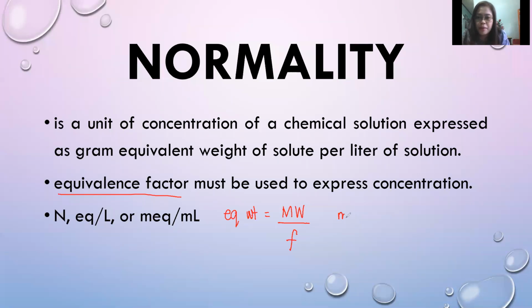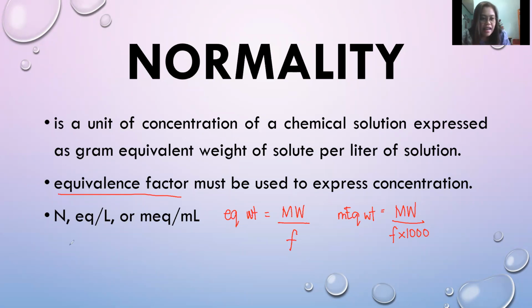I'll give you the milli-equivalent weight. Kasi you can either use the equivalent weight or the milli-equivalent weight in computing the normality. So eto naman, milli-equivalent weight is equal to the MW divided by F times 1,000. So that is their difference. Merong times 1,000 sa baba, si milli-equivalent weight. Now,